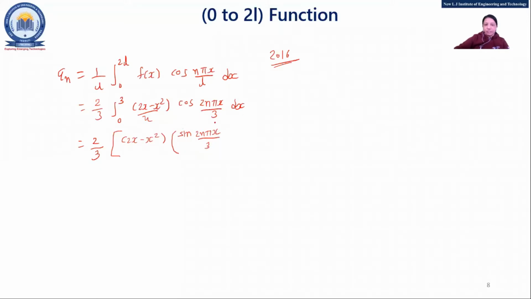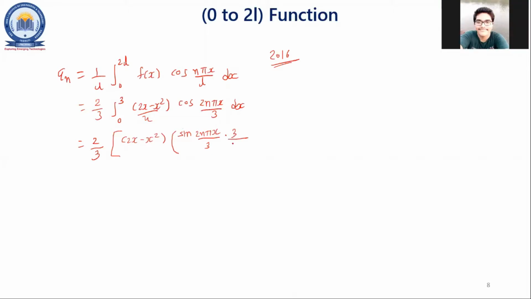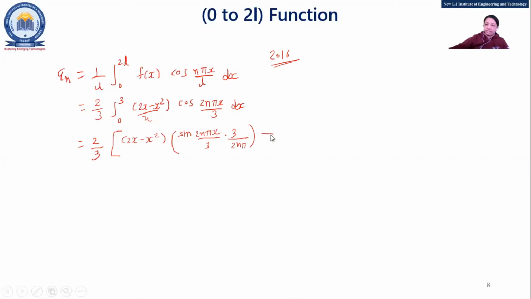Okay. Now for this, you have to do it again. So that will be 3 upon 2n pi, not x, right? Okay. Anyone is having doubt in this? Anyone is having doubt in this? Okay, second term. You can mute, Akhilesh. Second term. Yeah, Deepesh.